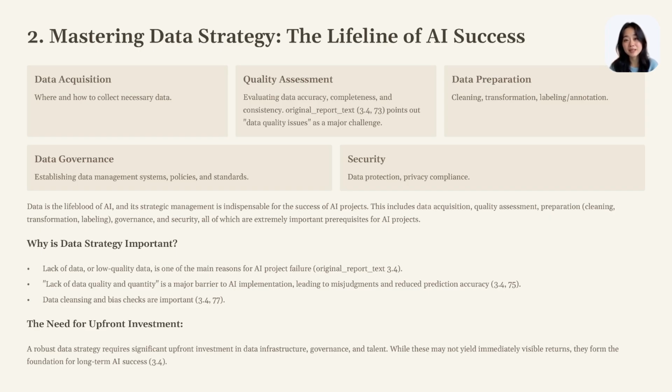In particular, data quality is very important, and as the saying goes, garbage in, garbage out: only low quality data can produce low quality AI. This is an ironclad rule in the world of AI. There is no usable data, and the quality of the data is too poor. These are some of the most common reasons why AI projects fail. Lack of quality and quantity of data is a major barrier to the introduction of AI and can lead to incorrect judgments and situations where the expected prediction accuracy is not achieved.